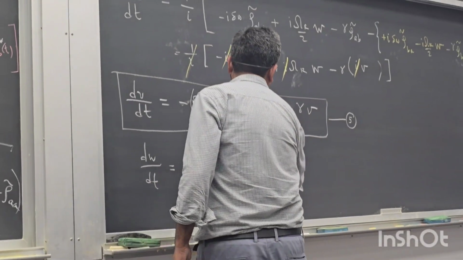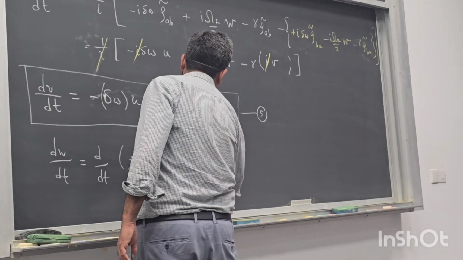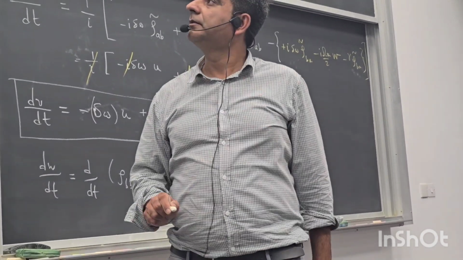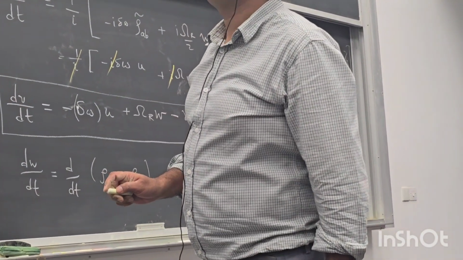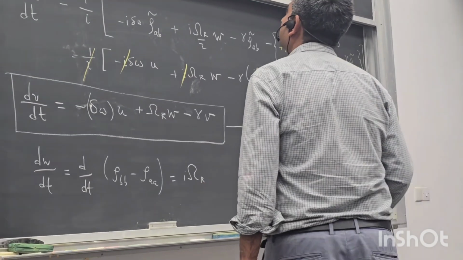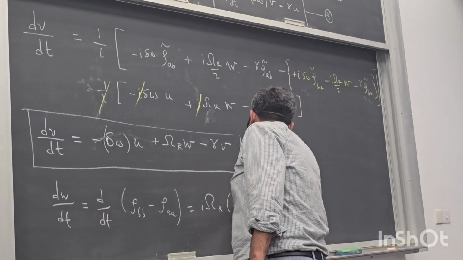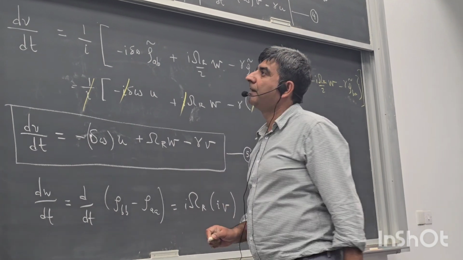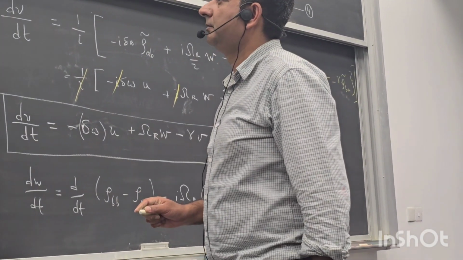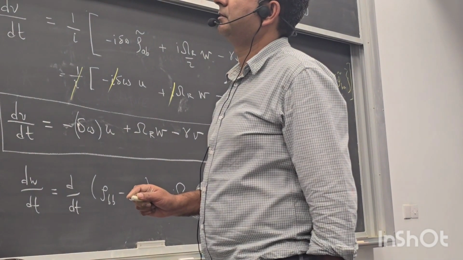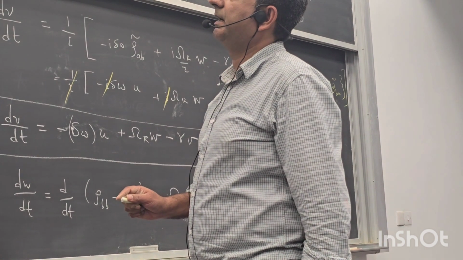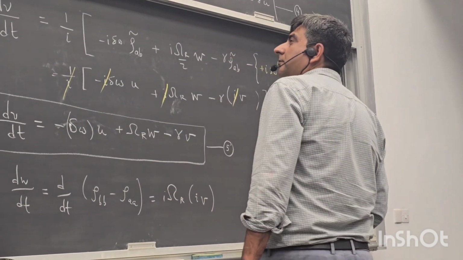So I'll get i gamma r, rho AB minus rho BA, which is i B, minus 4